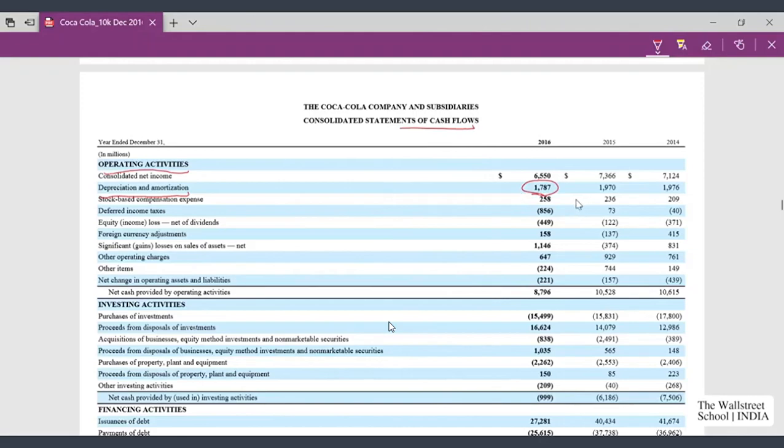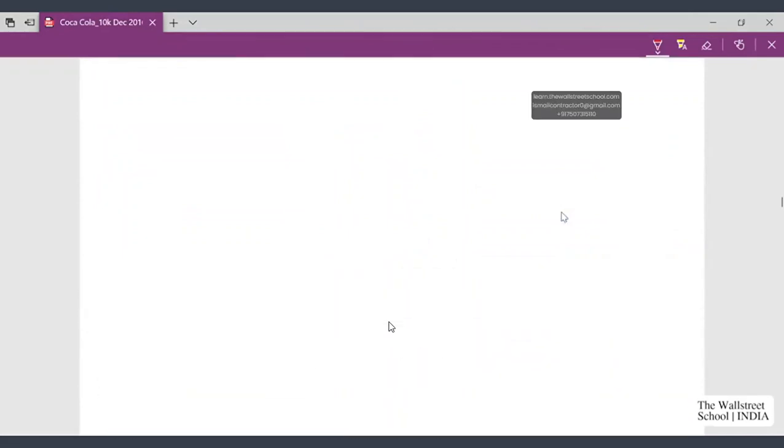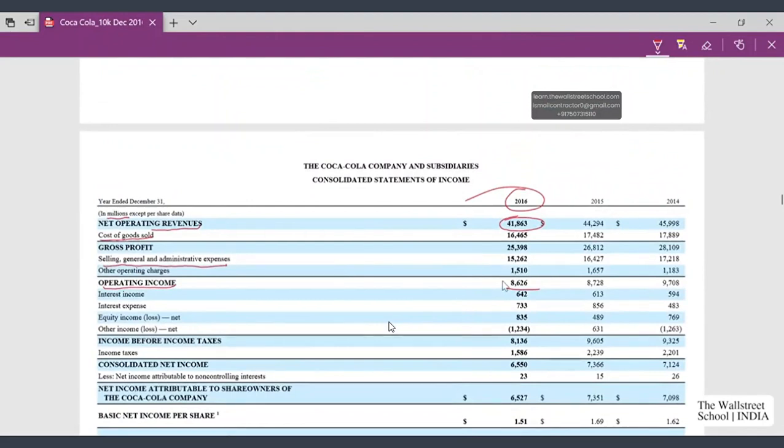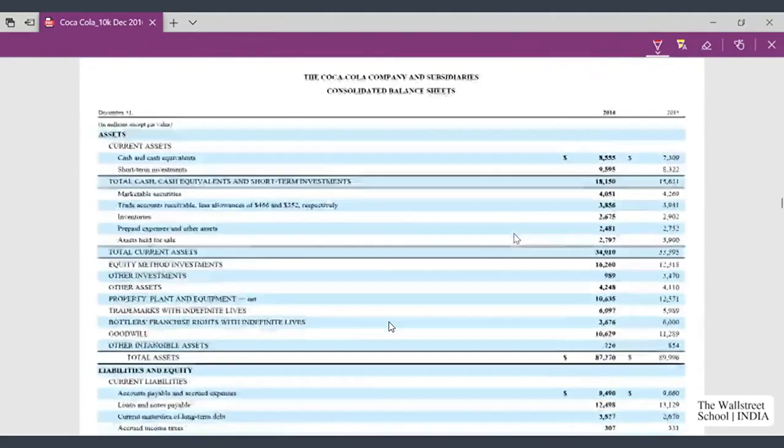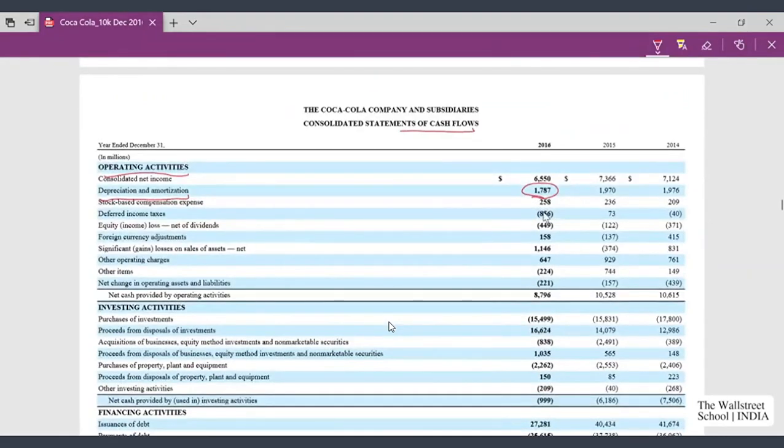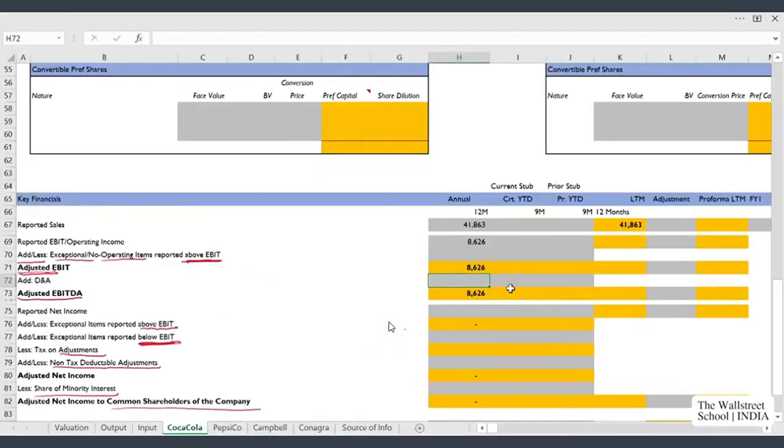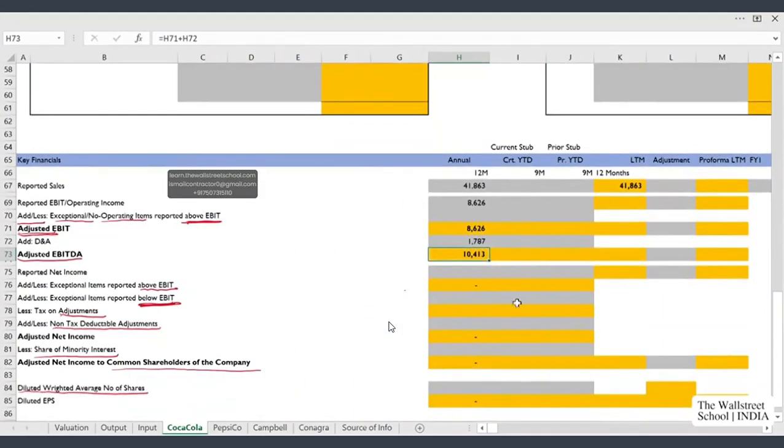So this depreciation expense of 1787 is basically the one which was adjusted in the income statement above EBIT, and because it was hidden in some of these line items, we could not see it on the face of the income statement, but we can easily source it from the cash flow statement. So let's take this 1787 as our depreciation and amortization expense. So we got our EBITDA here.